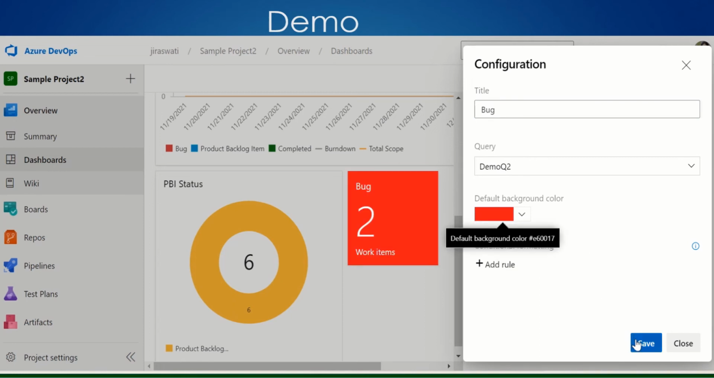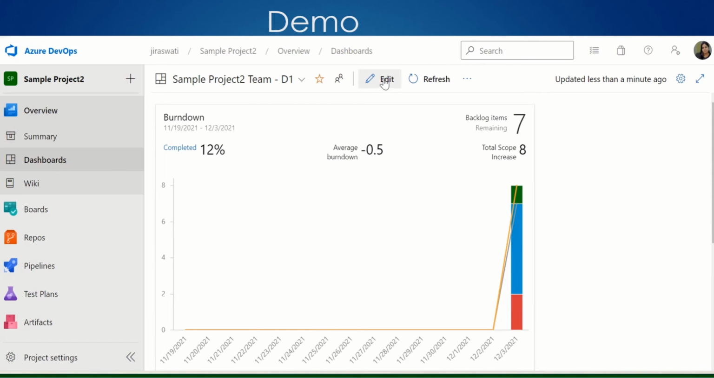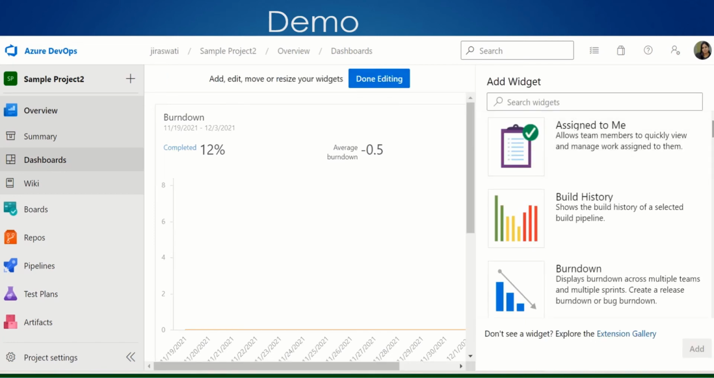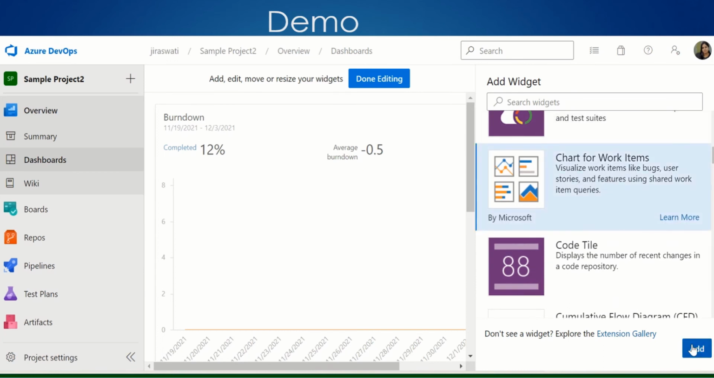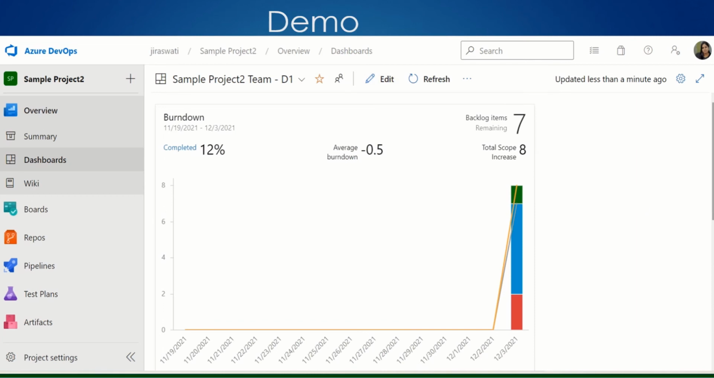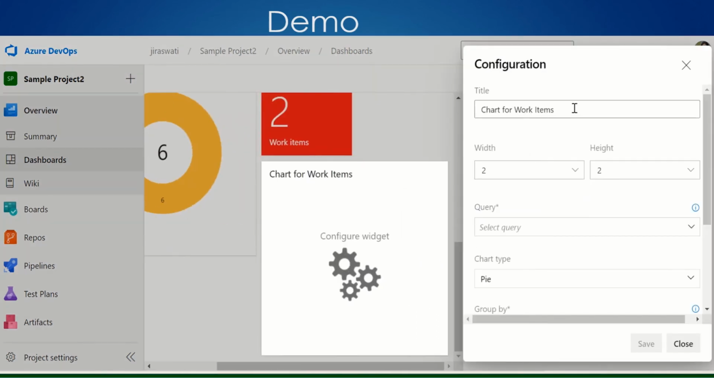We need to add a column actually while running this query. So here like this you can do, right? If you click again on edit, see what we are trying to do, we have added this, right? So click add here again, click on done editing. Okay, let me add configure PBI versus bug. Select query, shared query,